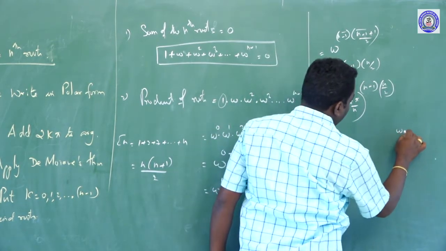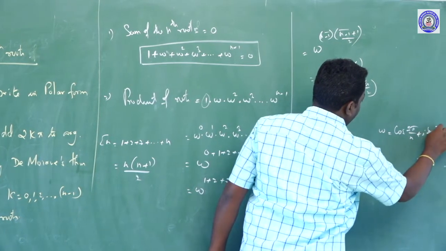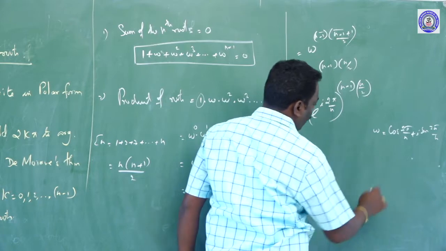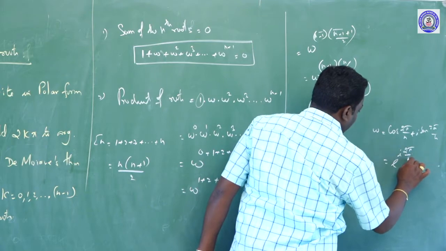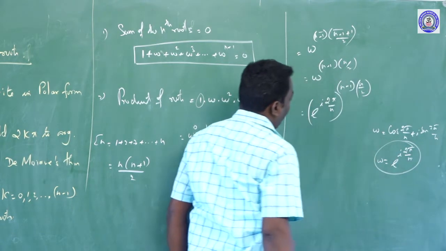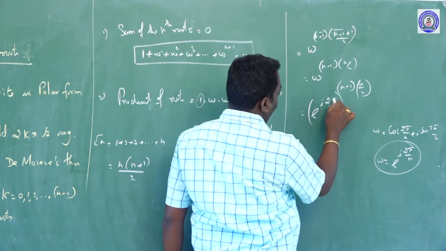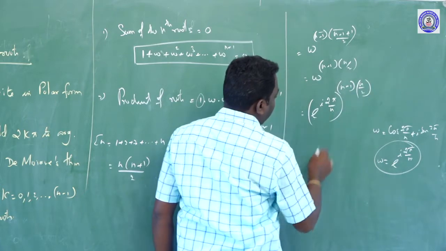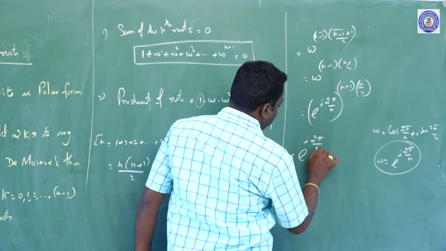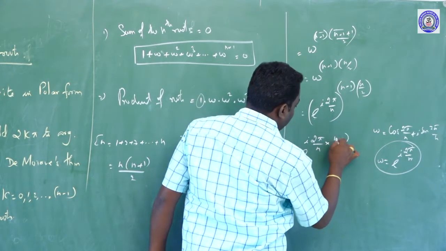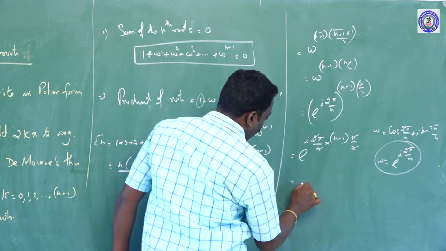So we know omega is equal to cos 2 pi by n plus i into sin 2 pi by n, which is called the omega value. Then the exponential form is e power i into 2 pi by n, called the omega exponential form. Convert the omega value to exponential form: e power i into 2 pi by n, whole power this term as it is, then take the product. It is equal to e power i into 2 pi by n into n minus 1 into n by 2. So the 2s cancel, n cancels,